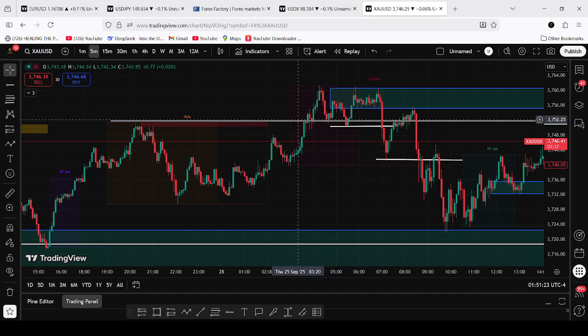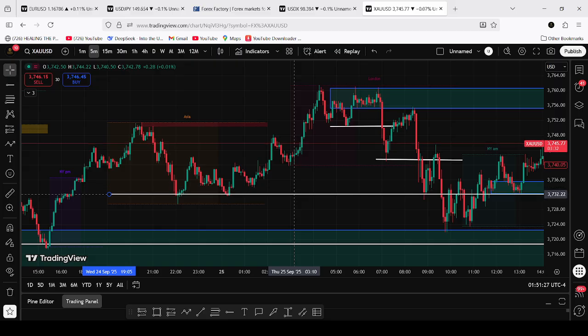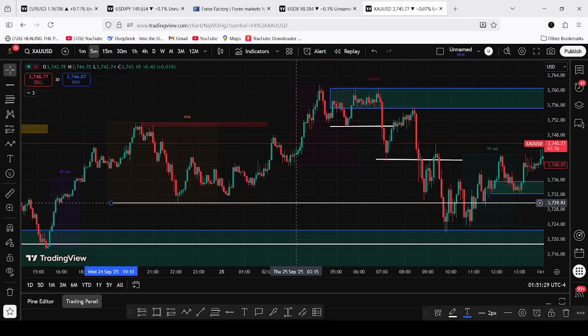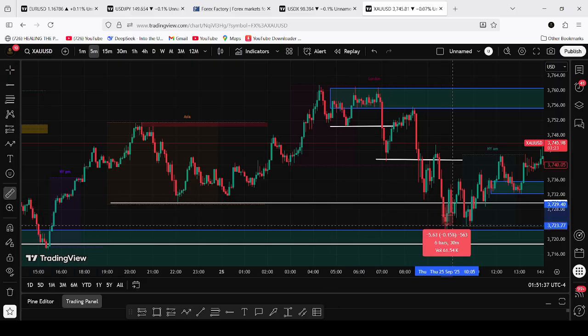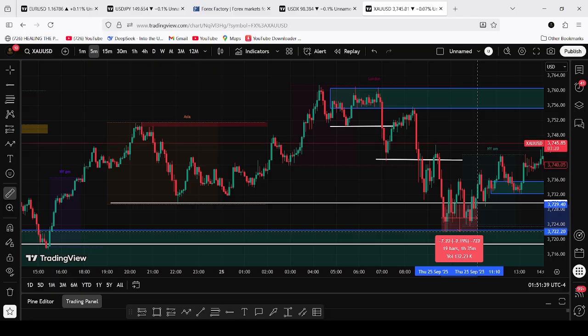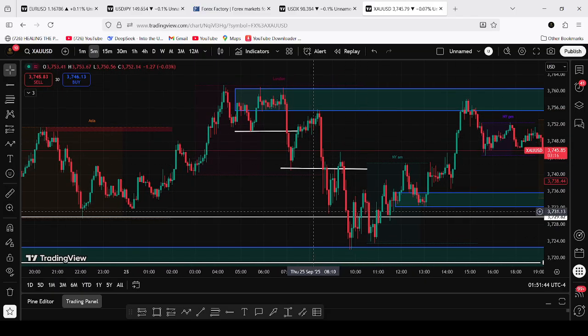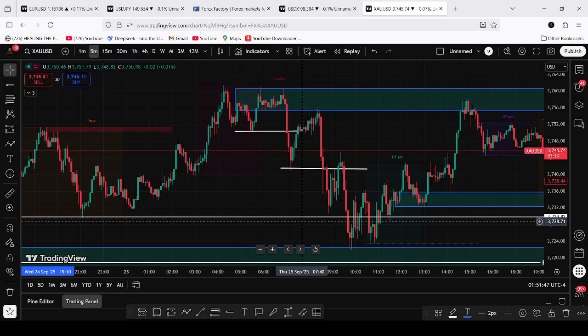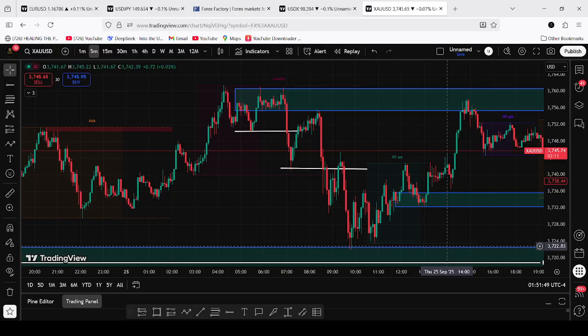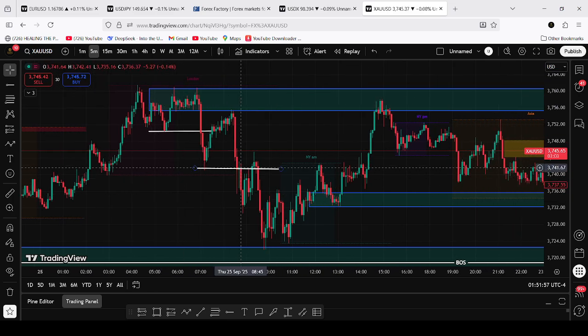Even yesterday, it played on both sides. This was the Asian low, and it also sold. It does not mean this happens every day, but at least you can secure some pips. You don't target these highs and lows, but most of the time, if you monitor the move on the upside, you can align yourself properly to have more selling or buying opportunities.